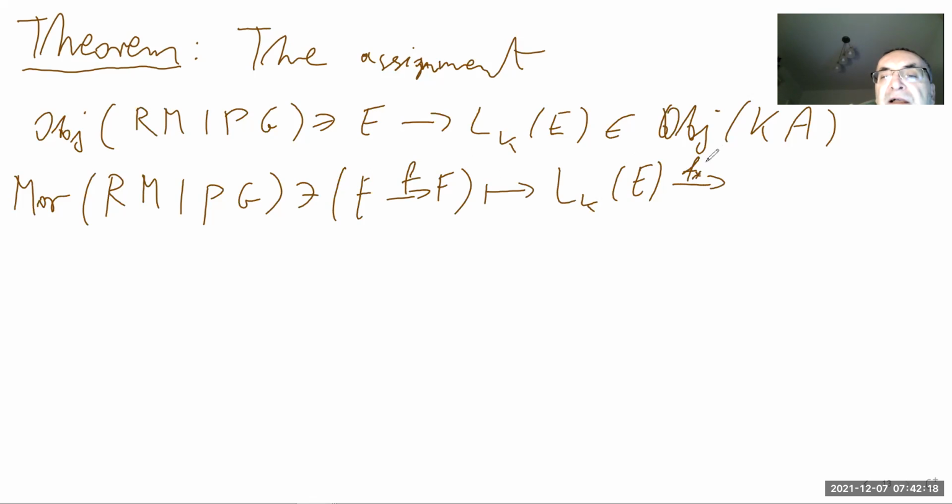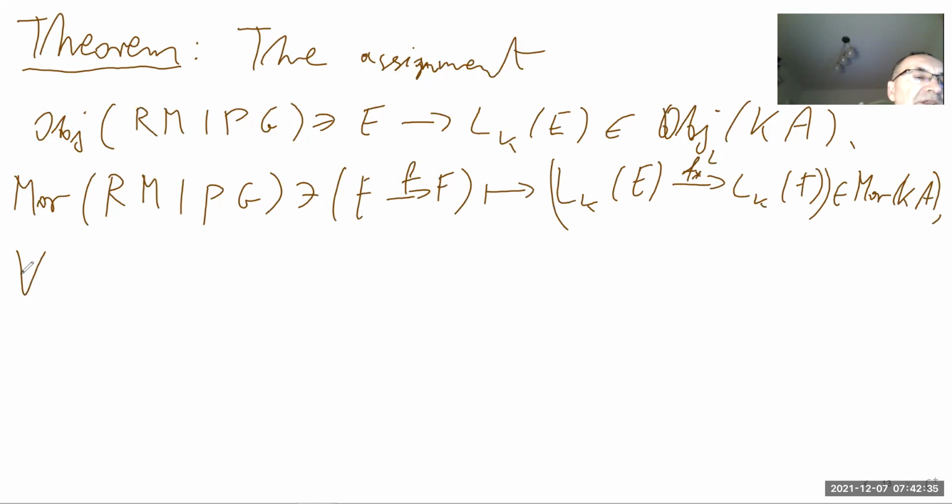I have F star L going from LKE to LKF, which is now a morphism in Ka, an algebra homomorphism. And we have an explicit formula. So for every P, which is a path in the extended graph,